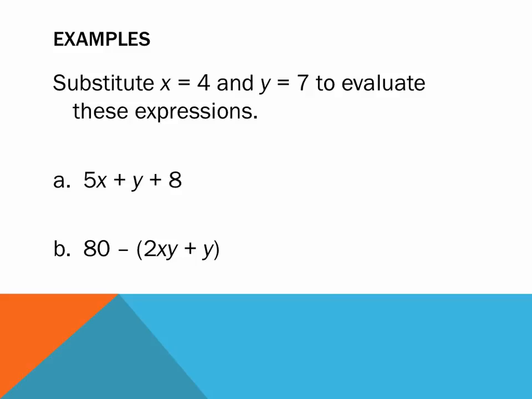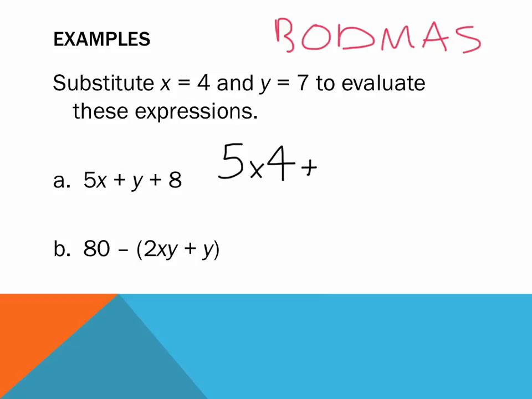Okay, substitute. If x equals 4 and y equals 7, let's try and work these out. Okay, let's just take it slowly. Again, I'll be following BODMAS in order to work these out. So, 5x. Now, there's no operation going on there. How do I know what operation's going on there? If there's a number next to a pronumeral, it means, yep, multiplication. Well done. So, x equals 4. That's 5 times 4 plus y equals 7. So, y plus 8. Okay, what's 5 times 4? 5 times 4 is